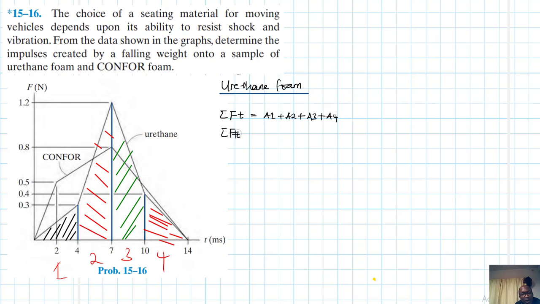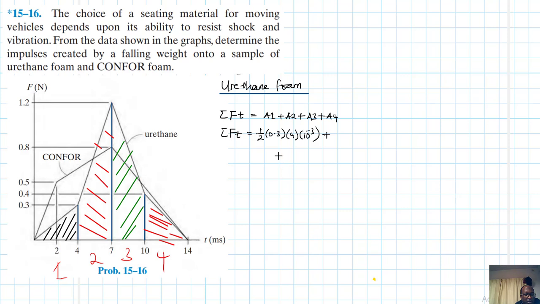Area 1 is a half by 0.3, which is the force, by 4